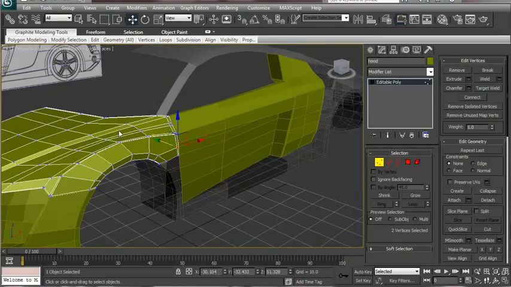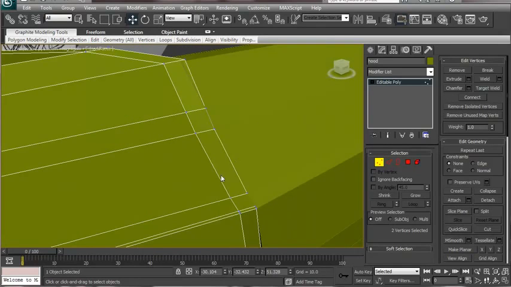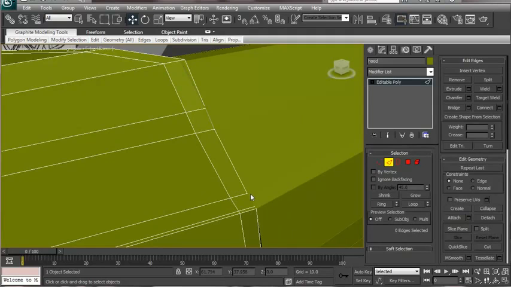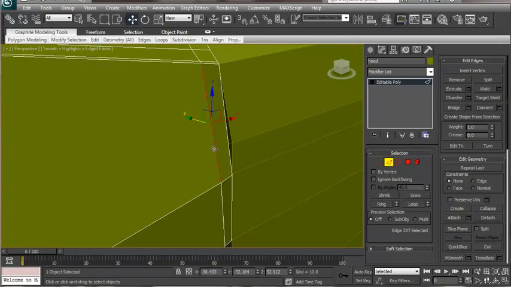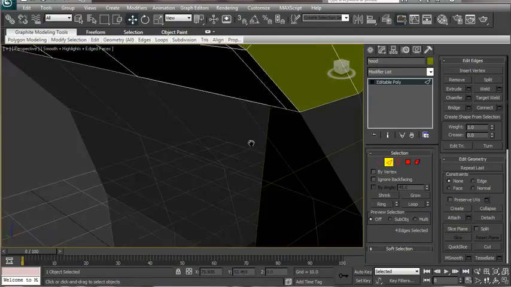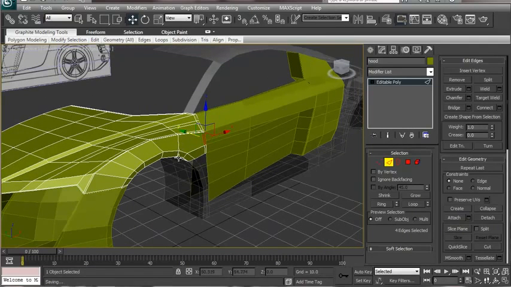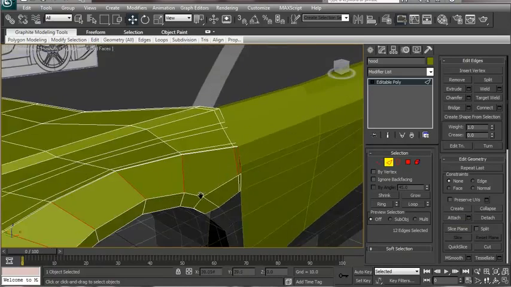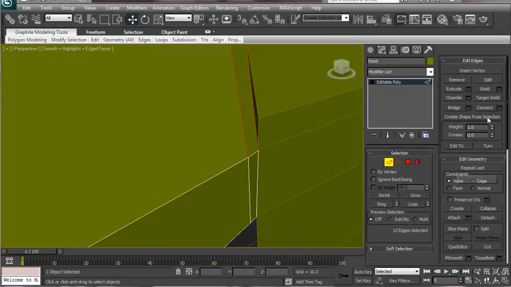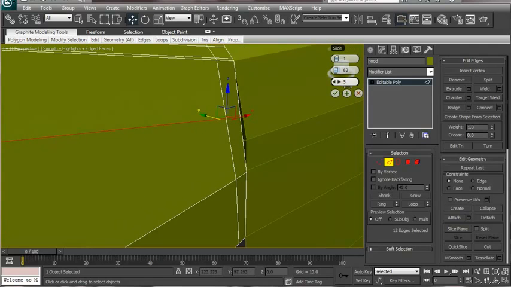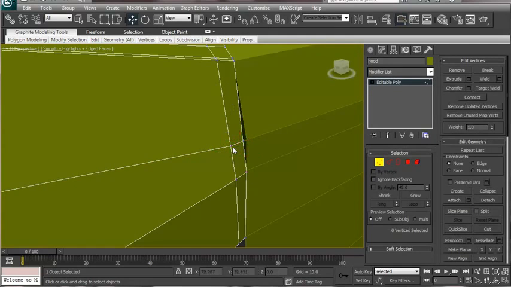like that. And we surely want to have another edge running over here, so let's go to the edge mode, apply a ring selection, and I think that's correct. Let's connect it using one edge, move that edge all the way down over there, and let's switch over to the vertex mode now. Select that vertex,